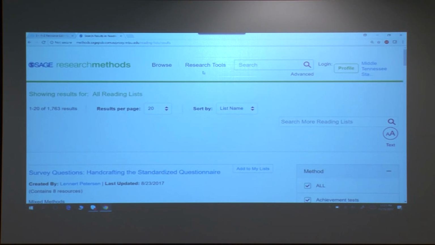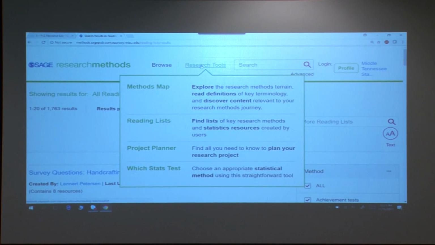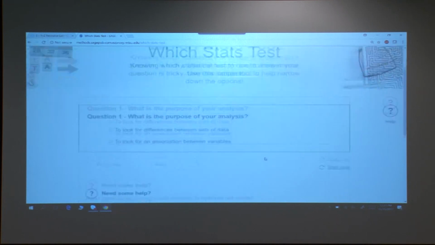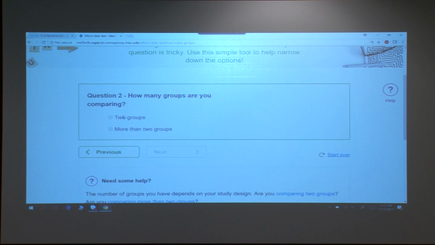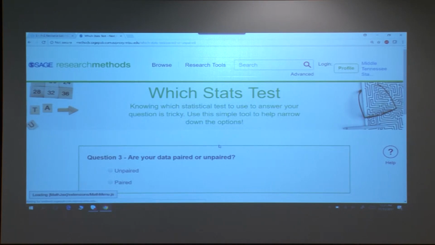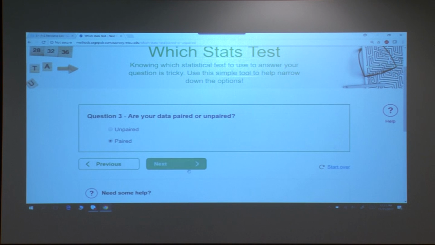But I wanted to show you, let's see. Well, I'll finish this out with the research tools. So the last research tool that they show is this Which Stats Test. This is nice for students too. This walks you through step by step. So, differences between sets of data, it moves you on to how many groups. We'll say two groups. We'll say paired data